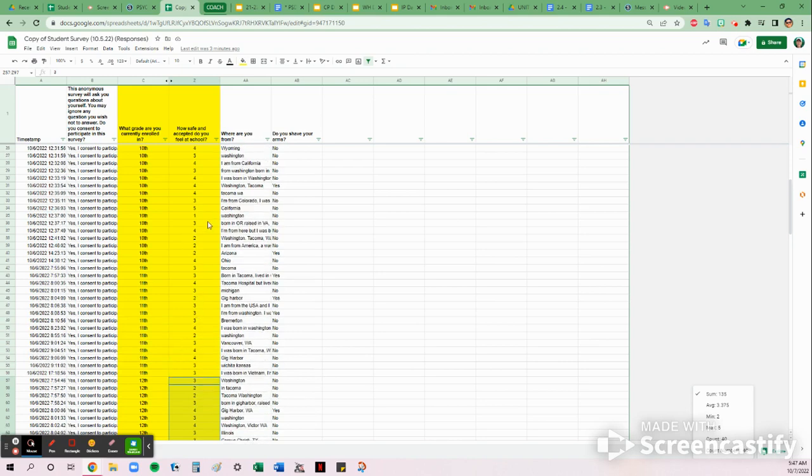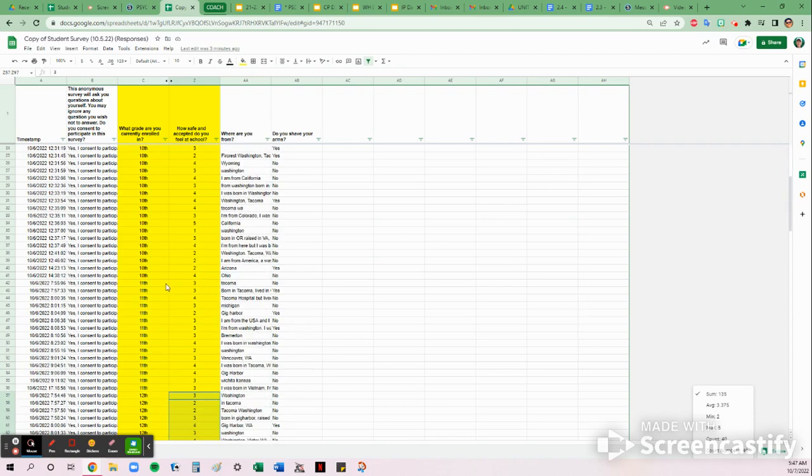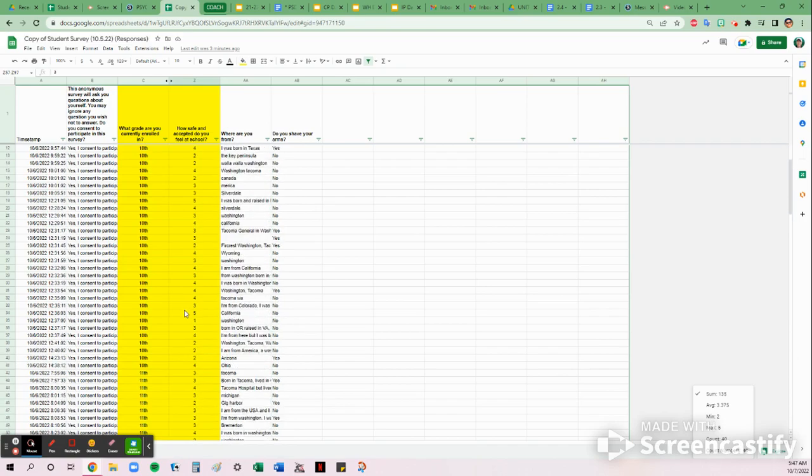juniors and the sophomores. What are some limitations of this? Well, there were no 9th graders. Wish I would have had some 9th graders to see how they feel. Also, the group of juniors was really small, and it's hard to make conclusions about this data when so few juniors actually responded to the survey. But, my seniors